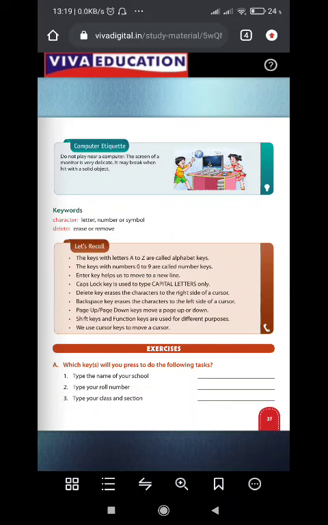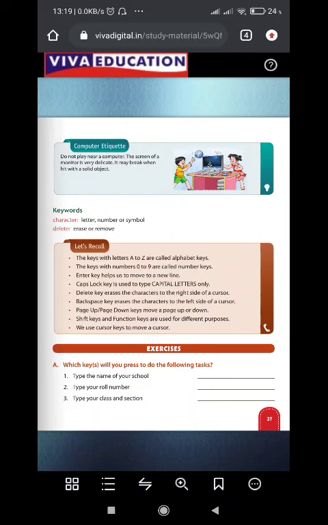The Caps Lock key is used to type capital letters only. The Delete key erases the characters to the right side of the cursor. The Backspace key erases the characters to the left side of the cursor. Page up and page down keys move a page up or down. Shift keys and function keys are used for different purposes.